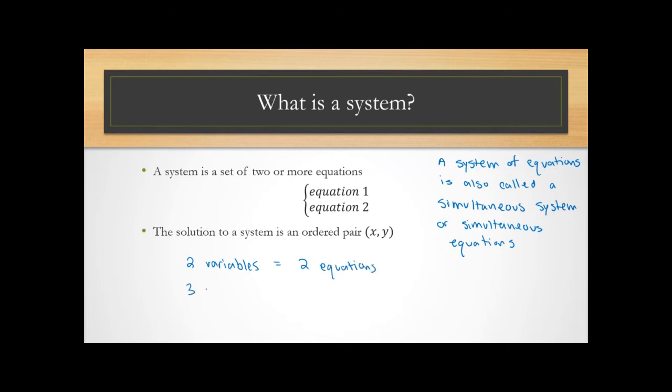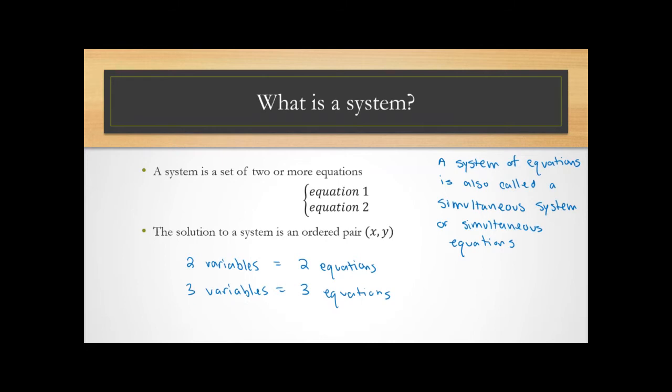And if you have 3 variables, then you need to have 3 equations in order to solve it. It's okay to have more equations, you just can't have less. So if you have 2 variables in 1 equation, you don't have enough information. But if you have 2 variables in 3 equations, you have enough information to solve it and extra information that